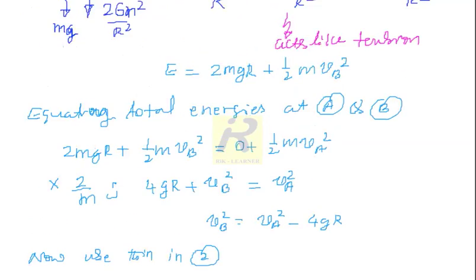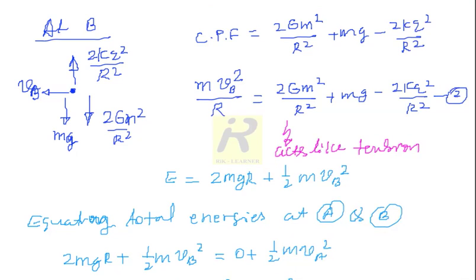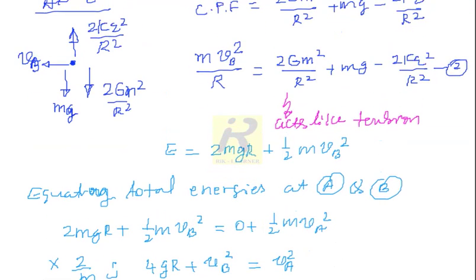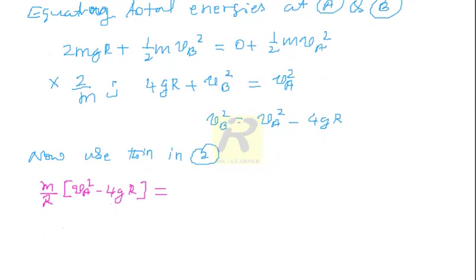Equation 2 is this one, m divided by r into vb square. Vb square is va square minus 4gr. This is vb square, which is equal to what we have in equation 2, 2gm square divided by r,